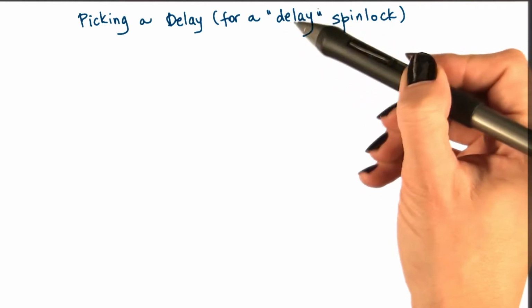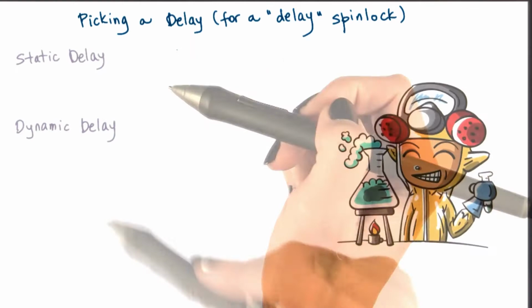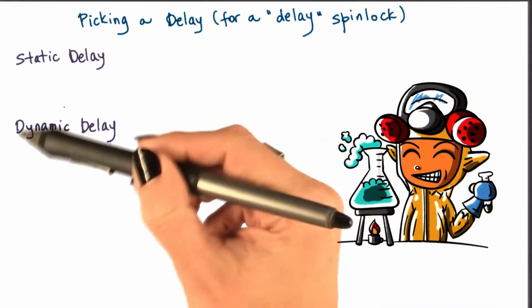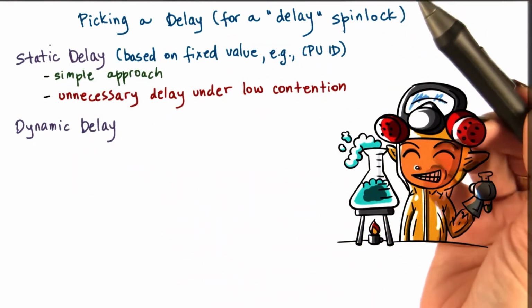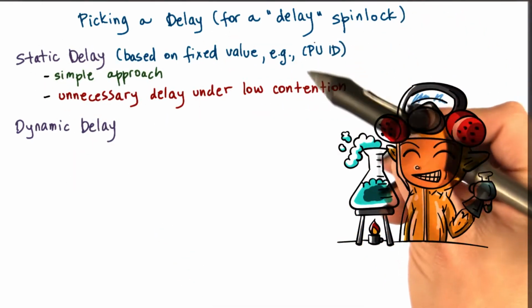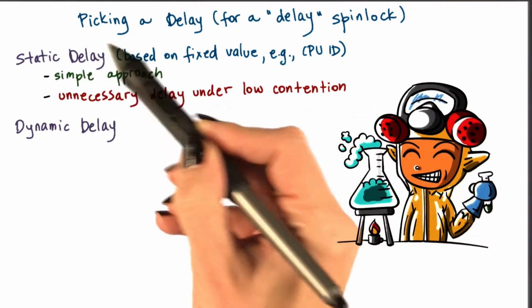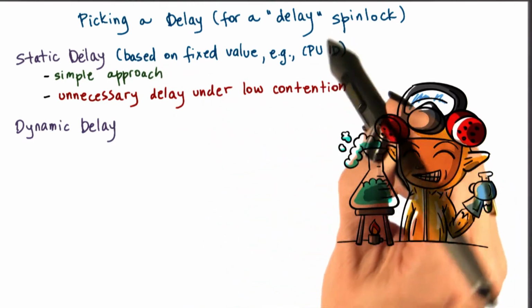One issue with the delay-based spin locks is how to pick a good delay value. Two basic strategies make sense: static delay and dynamic delay. For static delay, we can use some fixed information, like for instance the CPU ID where the process is running, in order to determine a delay that will be used for any single process that ends up running on that